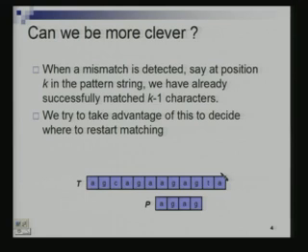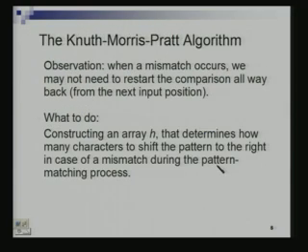So I should be shifting by 2 units. So I shift by 2. Sorry, it should have come there. So I would have shifted by 2 there. So this is what is known as the Knuth-Morris-Pratt algorithm. It's a very famous algorithm.